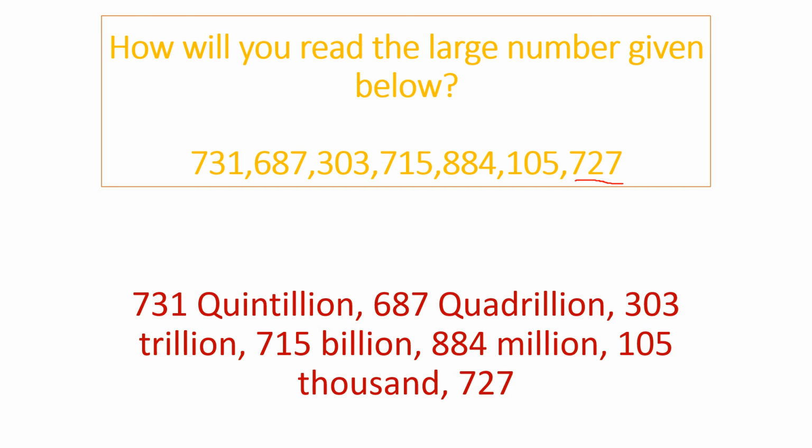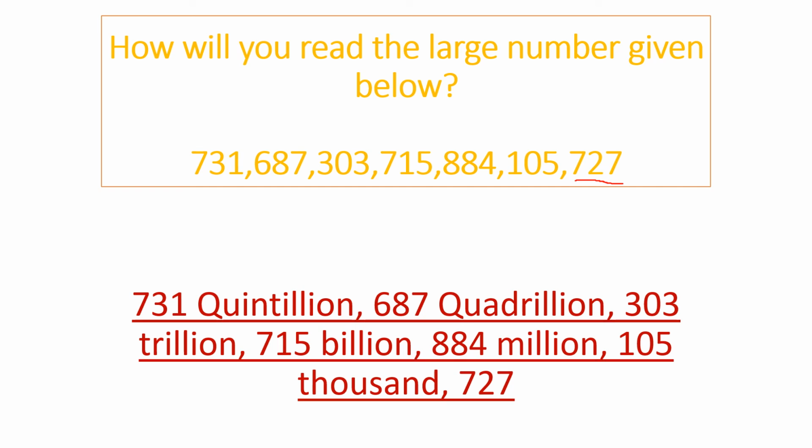So after billion we have trillion. So this is trillion, 10 trillion, 100 trillion. Then after trillion we have quadrillion. So this is quadrillion. This is 10 quadrillion. This is 100 quadrillion. After quadrillion we have quintillion. So this is quintillion. This is 10 quintillion. This is 100 quintillion. So we have to read the number as